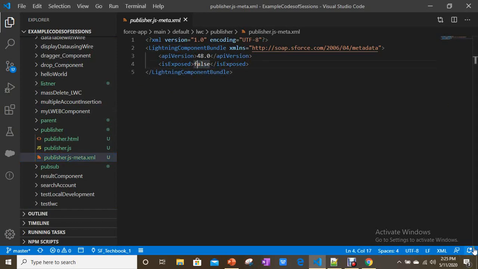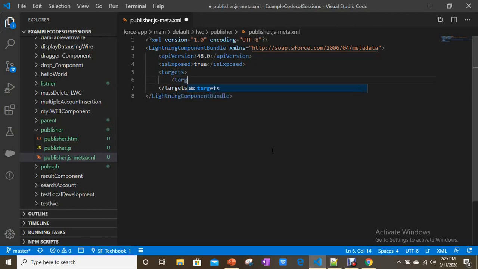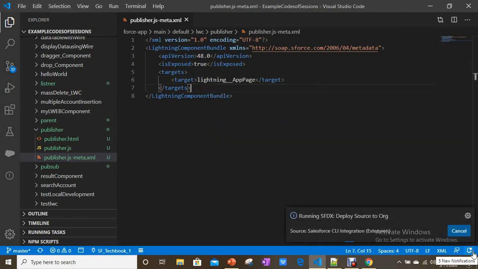We didn't. Let's make it true. Targets and target. So Lightning app page. Done. Same way, I want to make the listener also